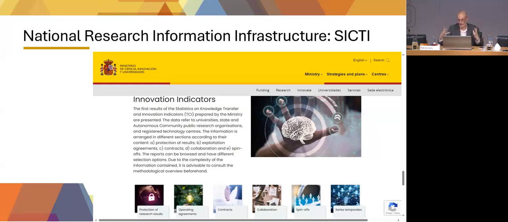You could collect that information in your CRIS. So tell the researchers, if you've launched a startup, put it in there. This is really valuable as a research indicator for an outcome of research activity, and then feed it to the national portal, and the information will be far more comprehensive than what the ministry is able to collect on their own. There's much more stuff in there.